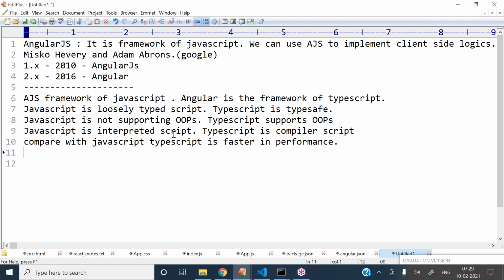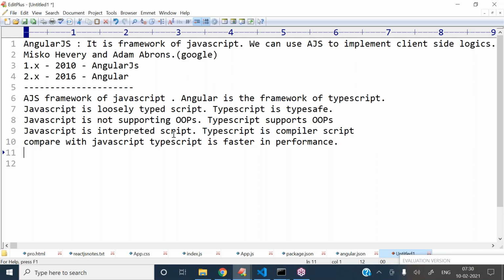Now if you take these differences, we already got some points in this concept.